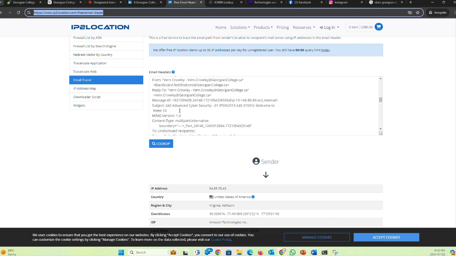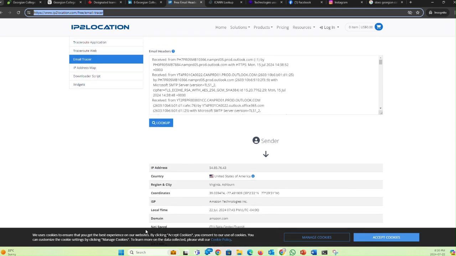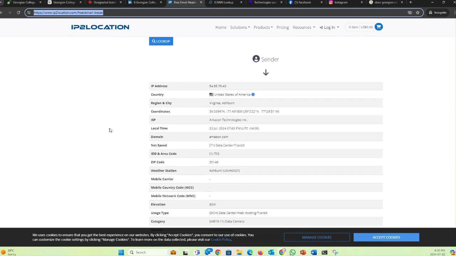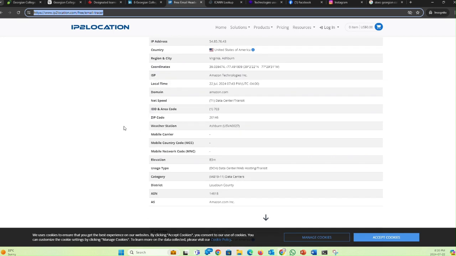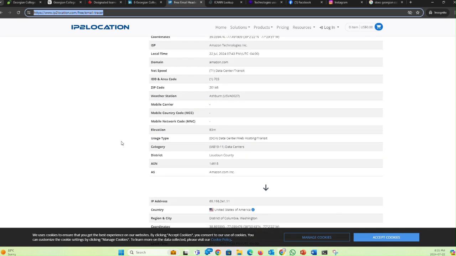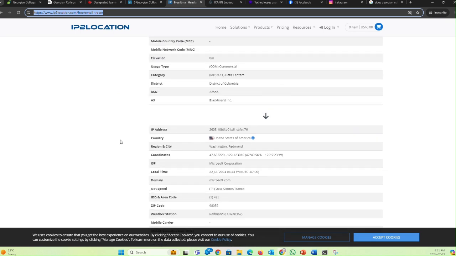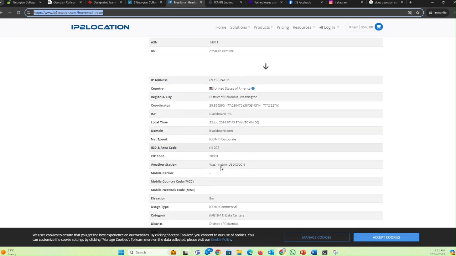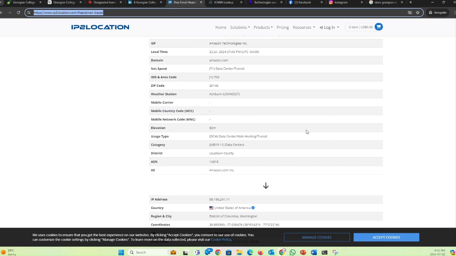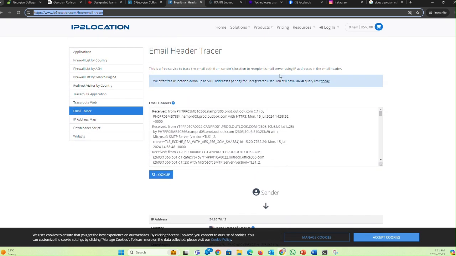And look at it here, you get the email header. This is going to tell you sender, where it's located, ISP. So they use AWS, domain, and where it's actually being routed out of. So that's kind of cool. And what they use, look at that, I see blackboard.com. So I'm seeing all this stuff, District of Washington. So they'd be subject to a couple of international